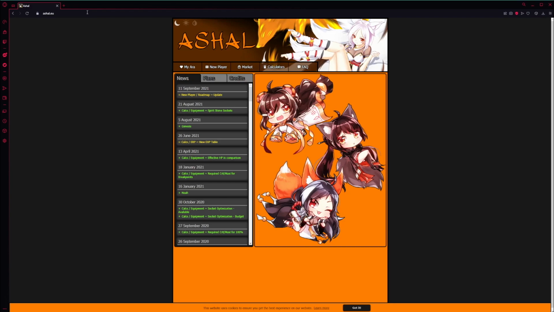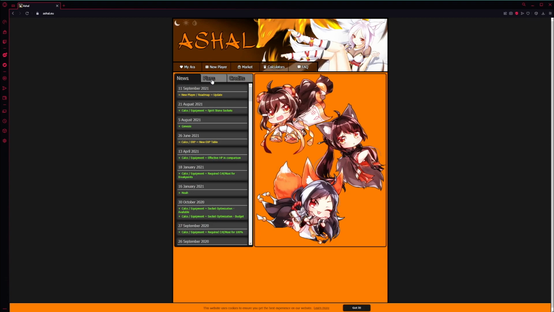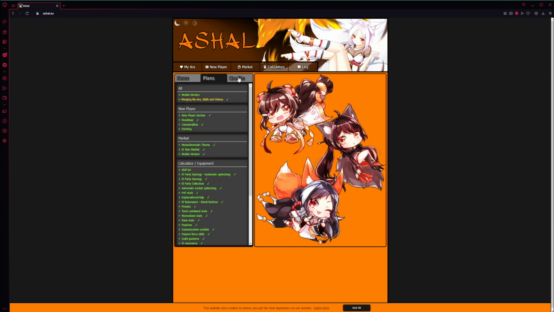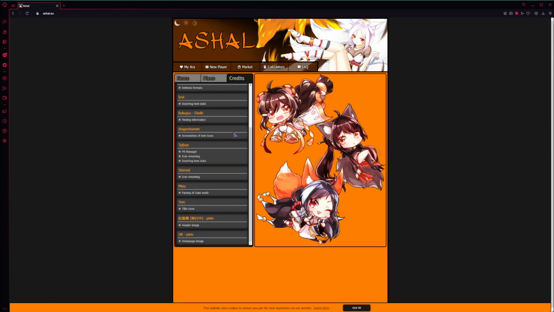Ashal is a very useful tool in general for all Elsword things. Of course, Ashal himself made a very clean-looking UI, and he is an Aura player, as you can tell. Straight off the bat on the homepage, we can see that he has a news tab: things he's updated, what he plans to add in, such as a mobile version, which is really exciting, his own Aura setup, because he does have a FAQ for his own Aura, and then credits to everything that he has pulled data from.